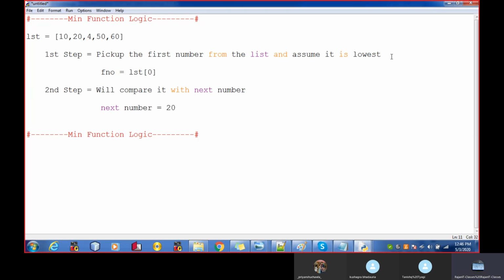I will compare my first number, whatever number I picked from the list, with the next number. How will I check? I will check if my first number of the list is smaller than the next number.